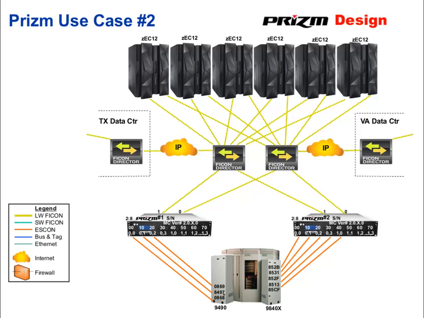Okay, so the customer was able to maintain these ESCON drives that were important for compliance and for data sharing with partners, as well as migrate to the newest technology, in this case to 6 EC12s in their main data center. So this was representative of a very large case, a very large enterprise-level customer that leveraged Prism for legacy tape access.